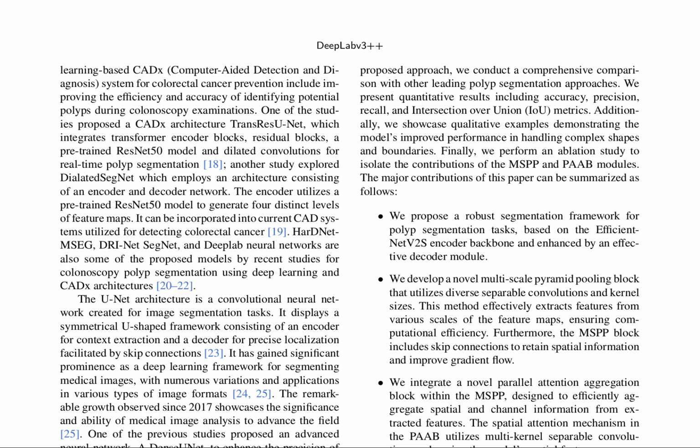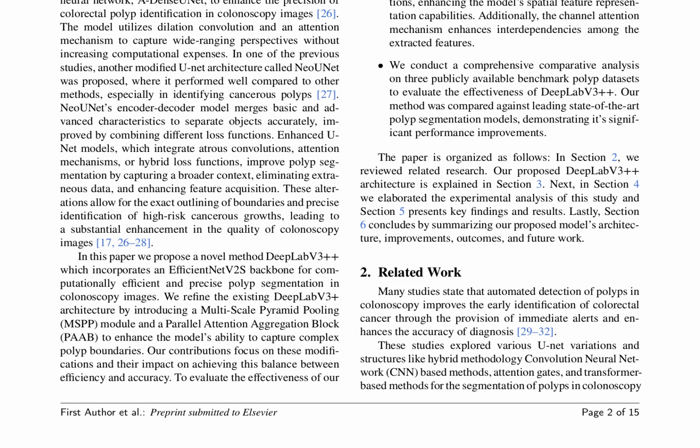These modifications enhance the model's ability to capture complex polyp boundaries, striking a balance between efficiency and accuracy. The MSPP module enables the model to capture multi-scale contextual information, while the PAB facilitates attention-based feature aggregation, allowing for more precise polyp boundary detection. A comprehensive comparison with other leading polyp segmentation approaches demonstrates the improved performance of DeepLabV3++. Quantitative results and qualitative examples showcase the system's ability to accurately identify polyps in real time, paving the way for